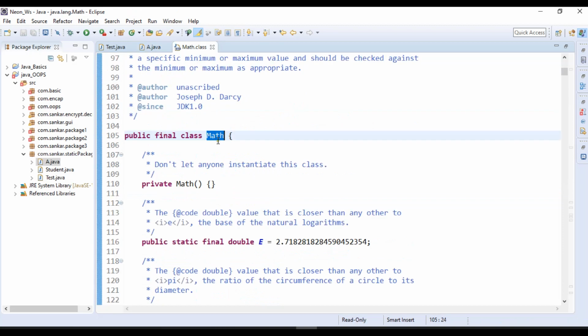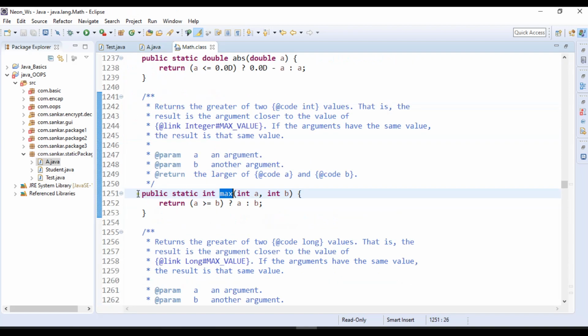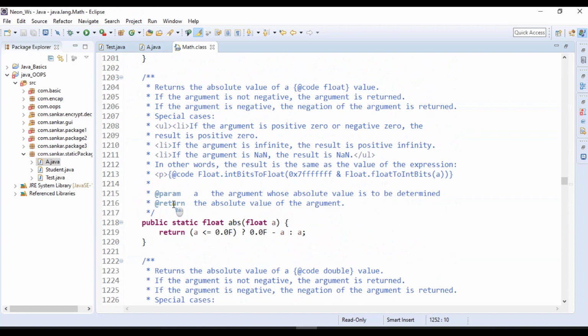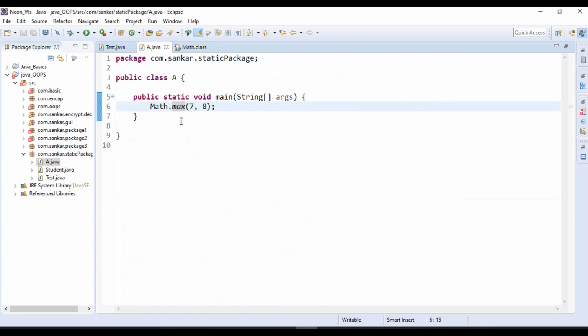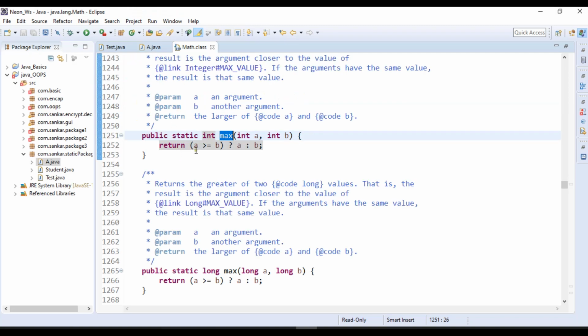How can we check the class name? See, this is the class name. So with the help of the class name we can call that method. This is the Math class. If anyone asks how you use static in real time, you can conclude like this: we have a Math class in Java, and certain methods in that class have the static modifier. Why do they make them static? Without creating any object, you can easily access them.